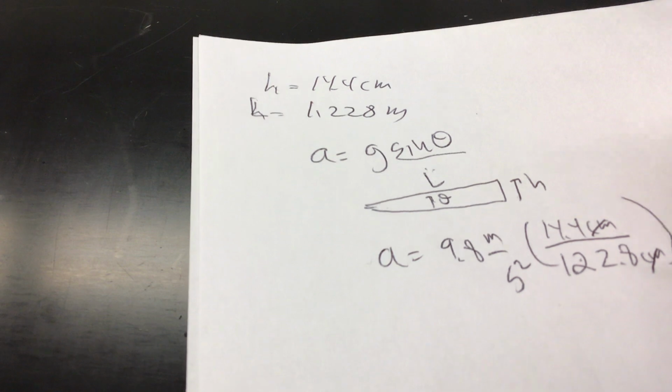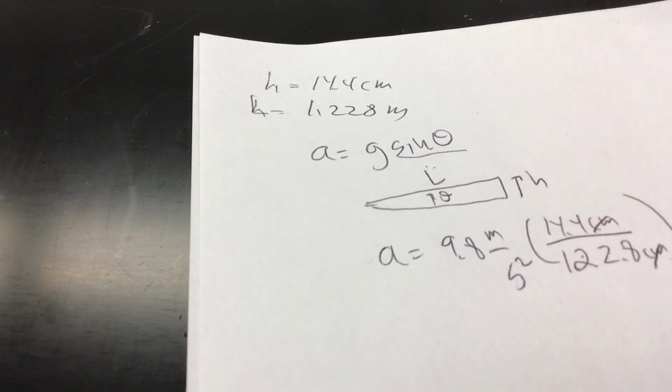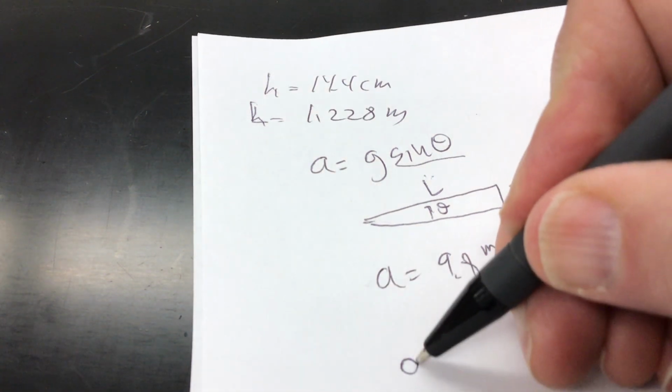We're going to cancel out the units, so you can either put them in meters or in centimeters. Just make sure it's in the same units, and then you can cross out the units and just calculate it. So I have 14.4, I divide that by 122.8, then I multiply that by 9.8, and my acceleration becomes